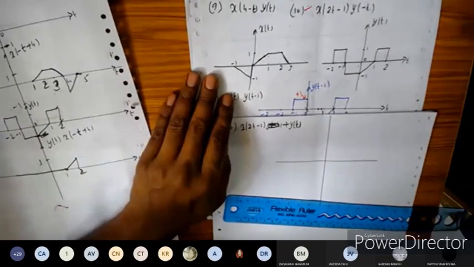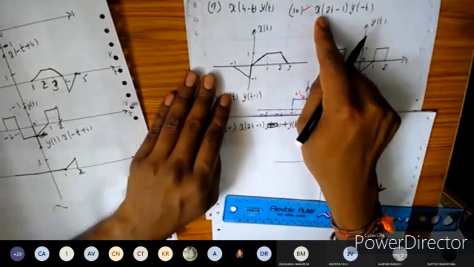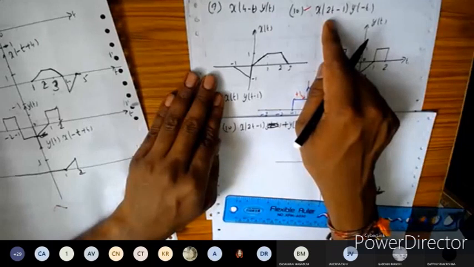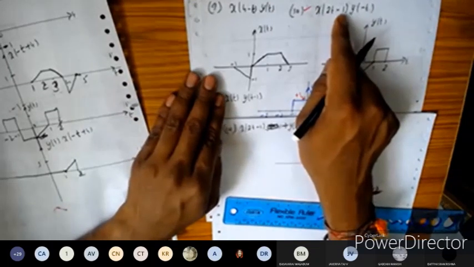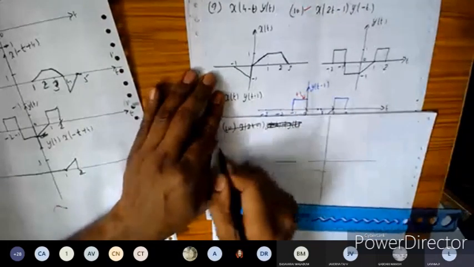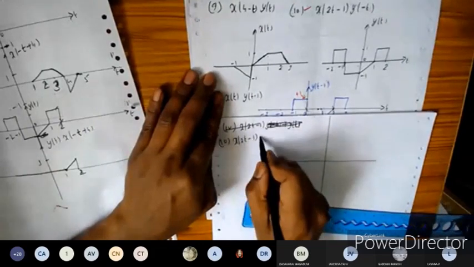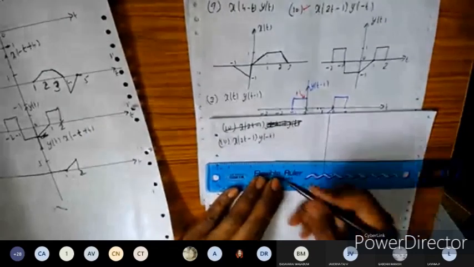Yes, sir. Okay, are you done with the 10th problem or not done? If not done, I'll solve that one. Shall I solve? Done, sir. You're done now. Okay, so can you show me the waveform for x of 2t minus 1? No, sir, we didn't do, sir. Okay, fine. So you want me to do the 10th problem. At least you can reply so that in my request time, I can solve the problem. Kindly reply to my questions.